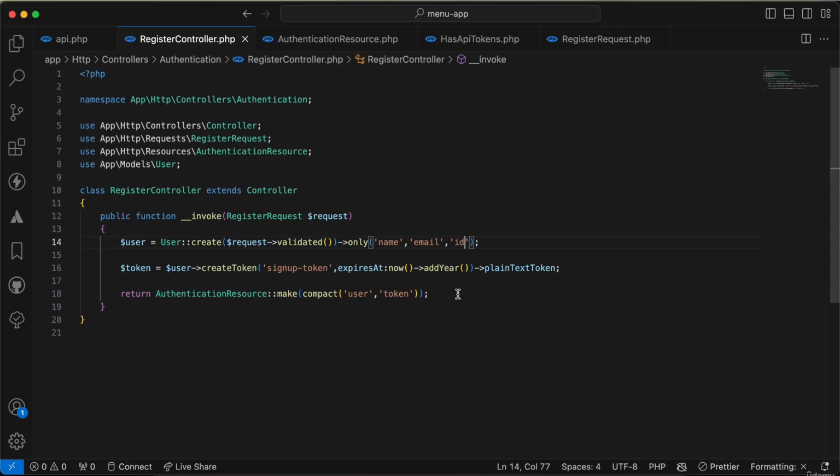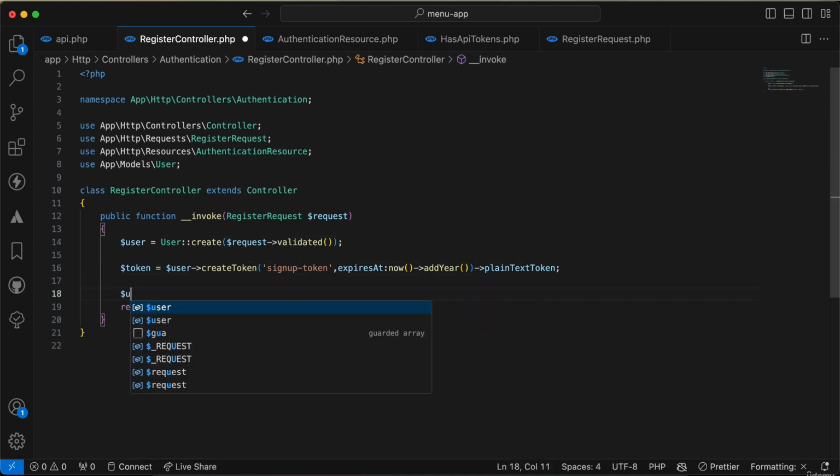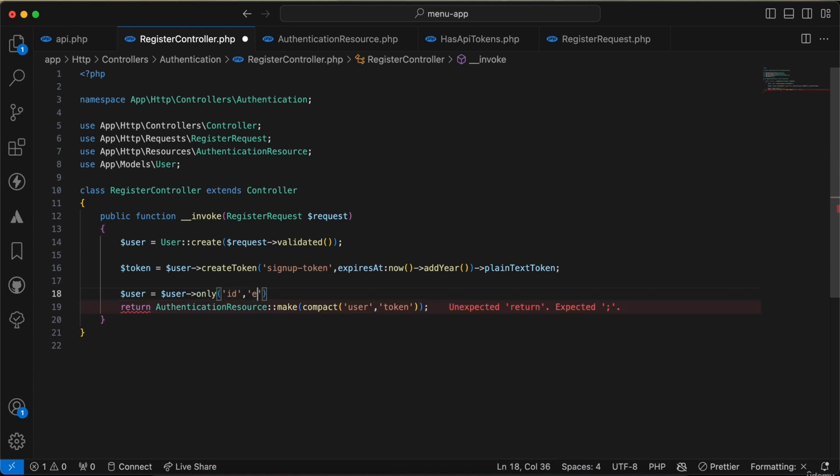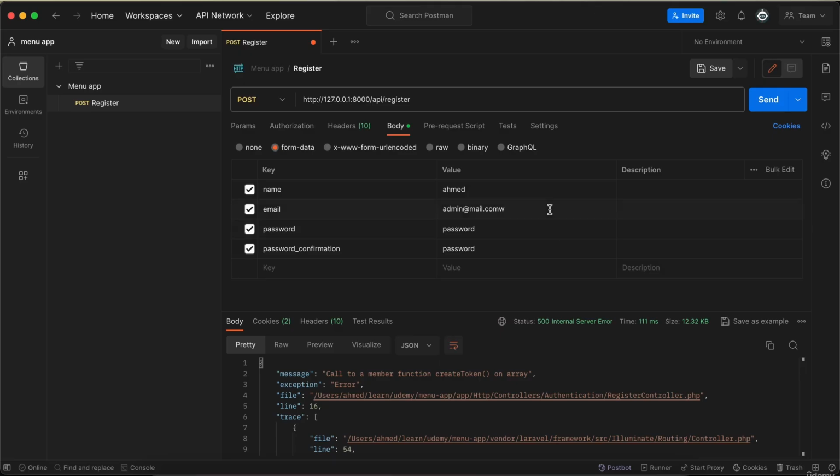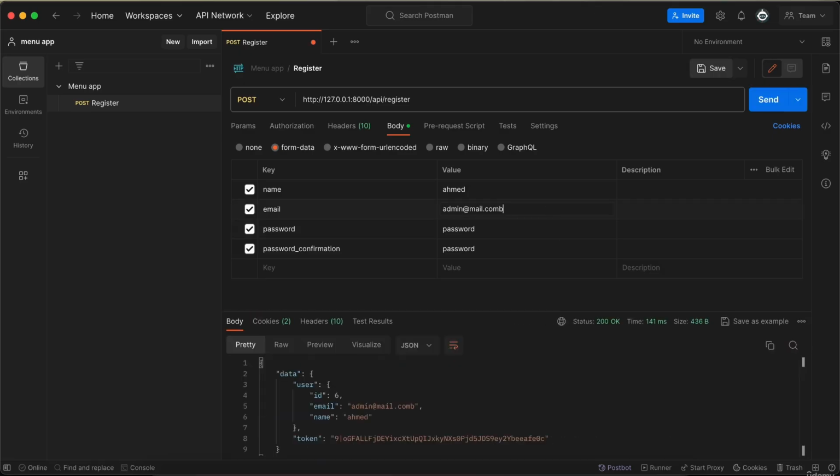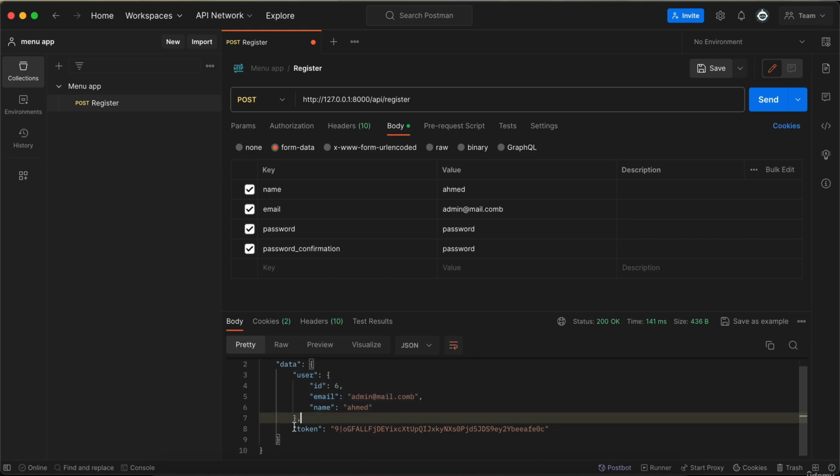Okay, because this is converted to an array here, I will make it under here. So user will be user only, ID, email, and name. Try to send the request again. And as we can see, it returns data and the user here, name, email, and ID, and then the token